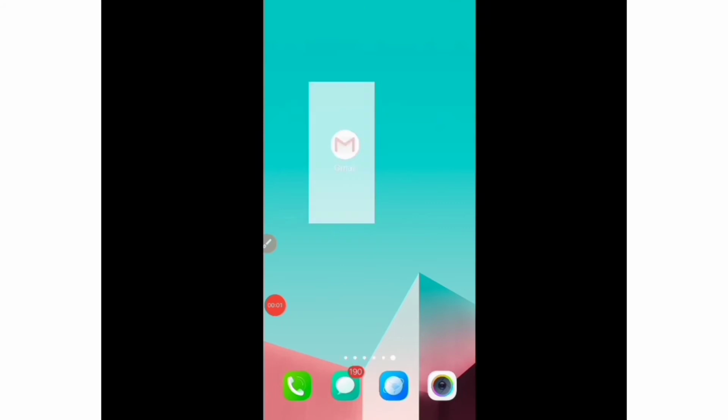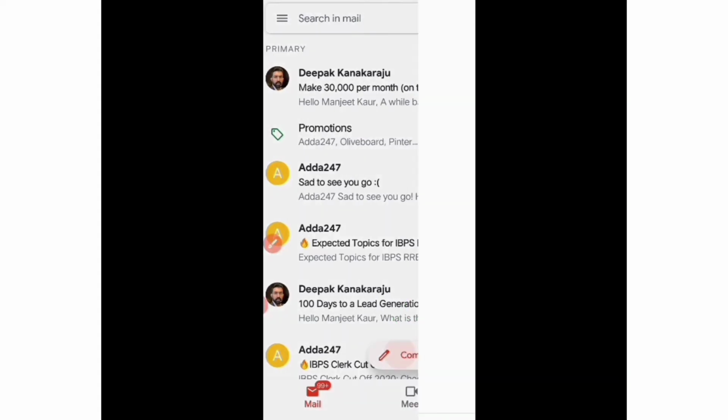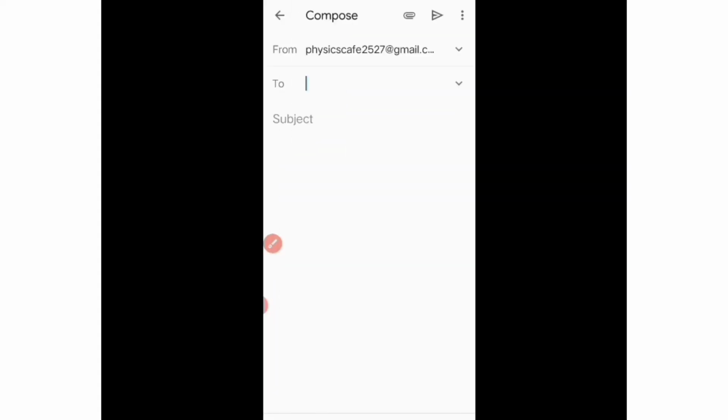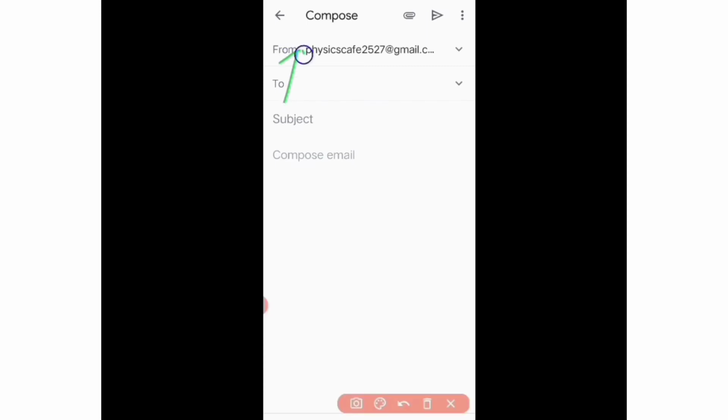Dear students, now you have to open Gmail. From here you have to click compose. Here you have to write your ID.